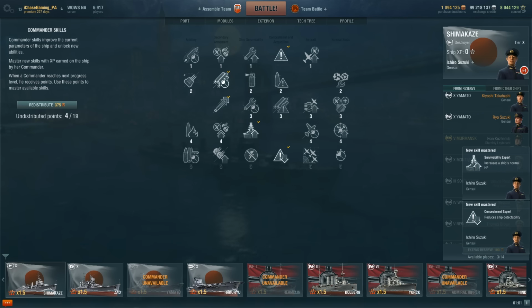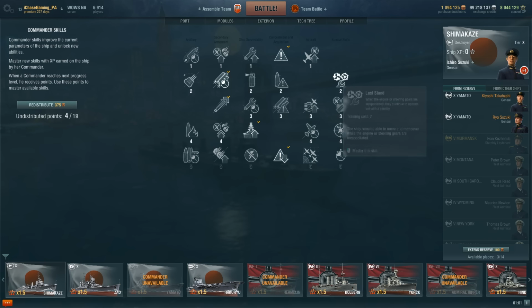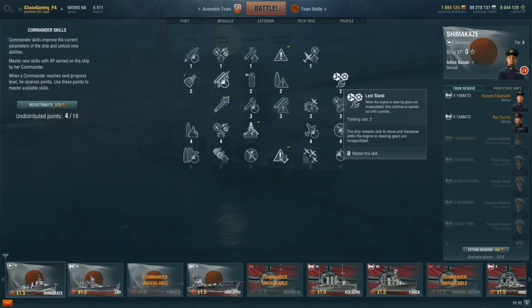points on a Shimakaze. And that's pretty much it for most Japanese destroyers starting at tier 6 and above, although if you're below tier 6, you might still want to opt for Superintendent. With the remaining 3 points that I'll have, I would say get Last Stand, and potentially maybe Basic Firing Training. That could be one to get, but personally I would say Last Stand is worthwhile to get on a